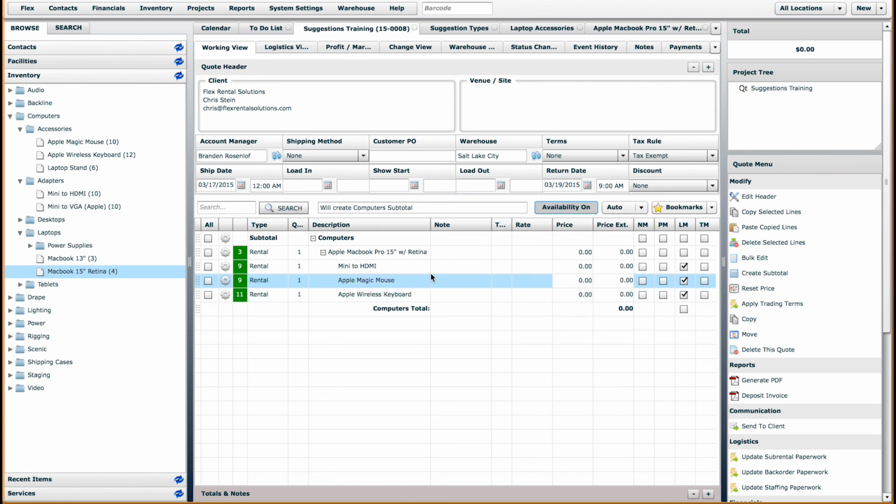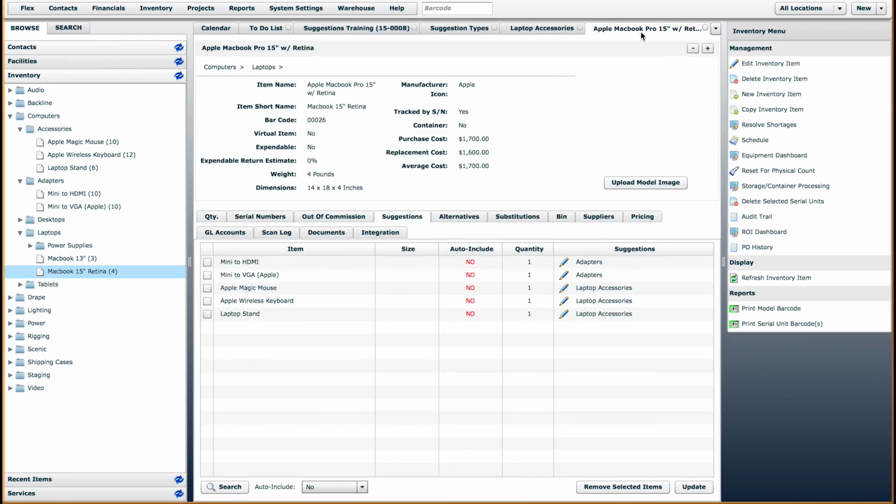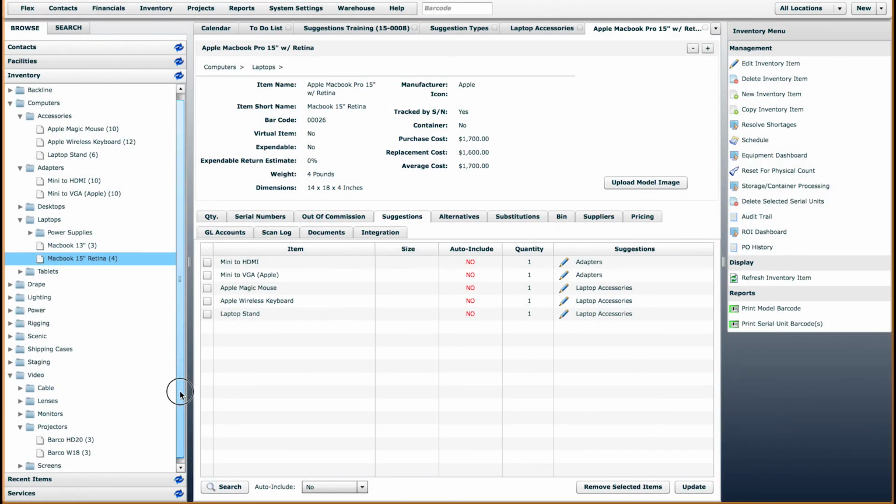So this is a very basic way to set up suggestions for an inventory model. There's a couple other ways that we can do it as well, and let's look at some of those. I've set up an example in the system for suggestions for a high-end projector, because most of the time these